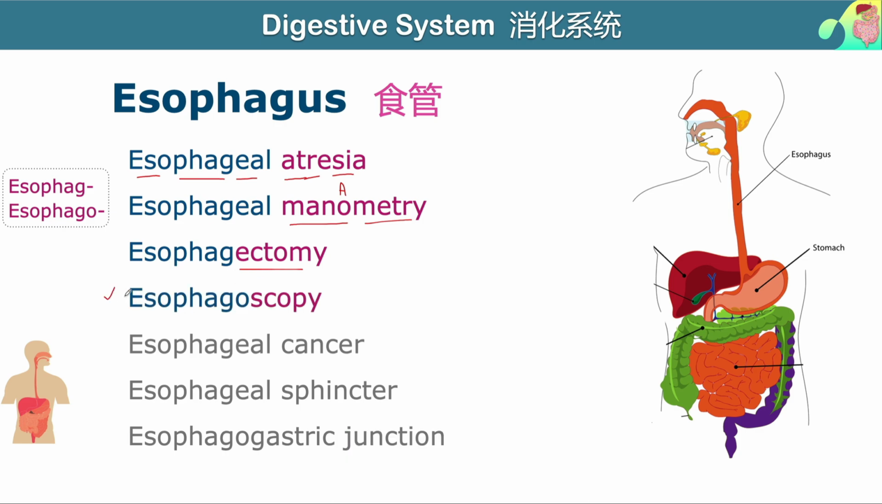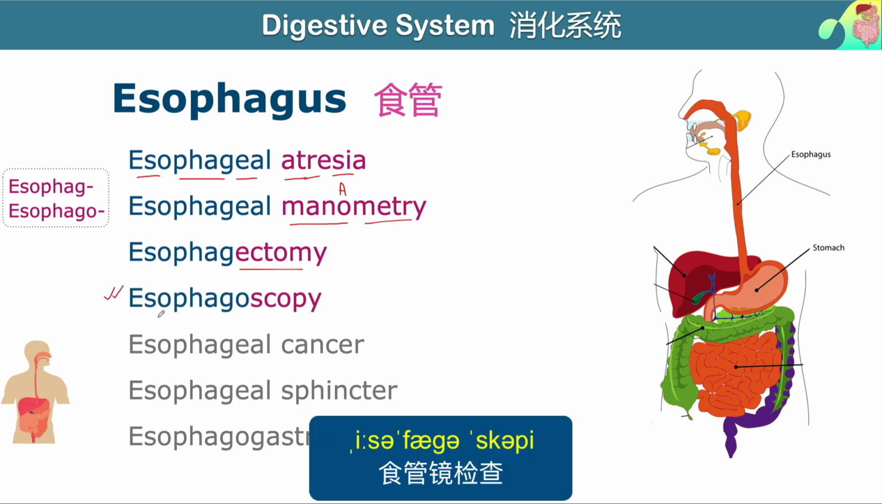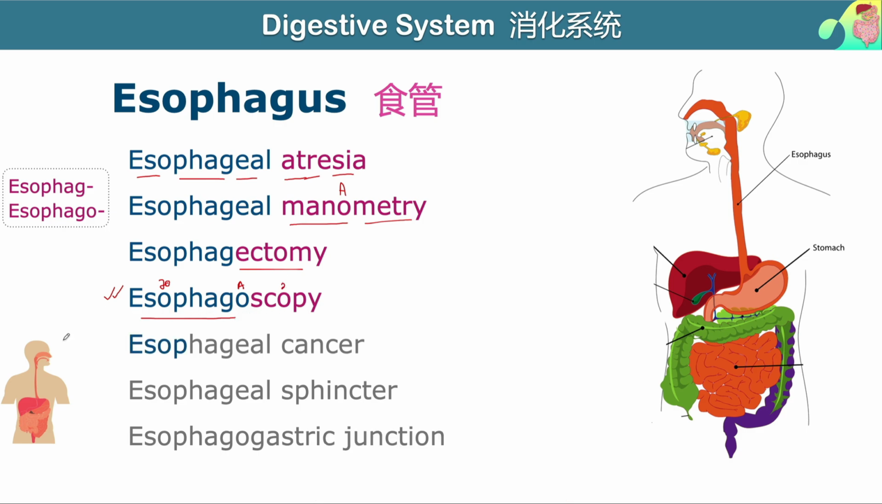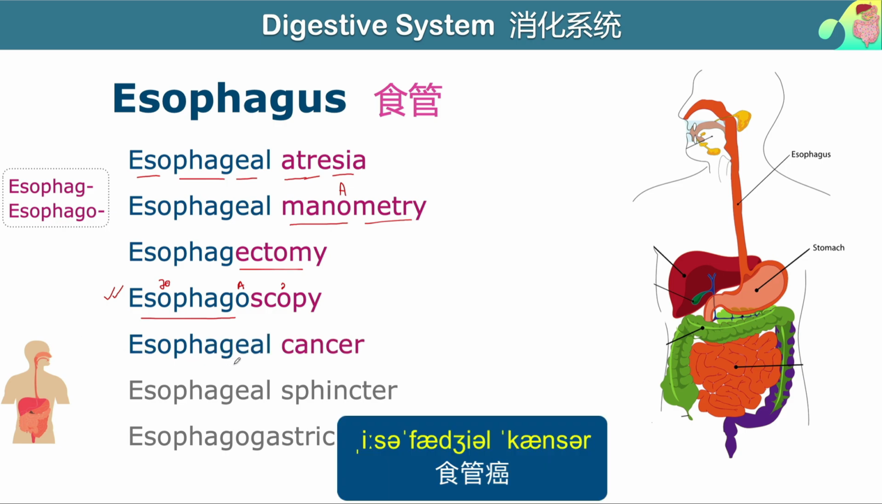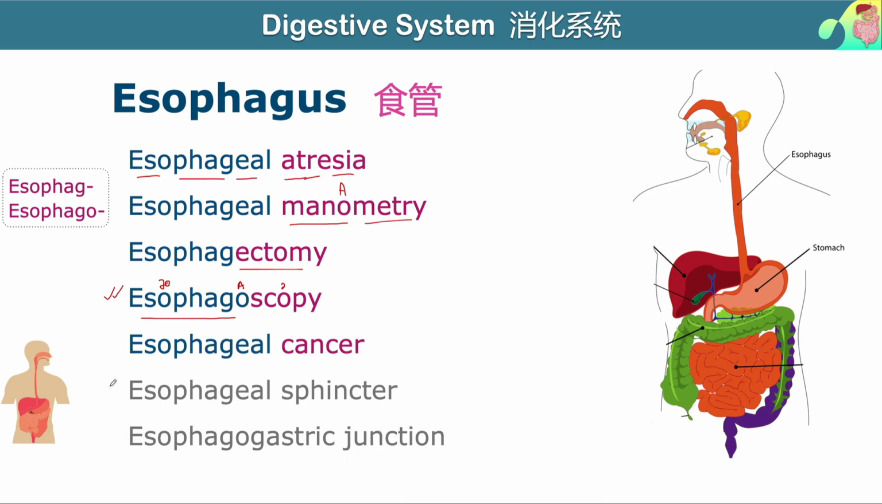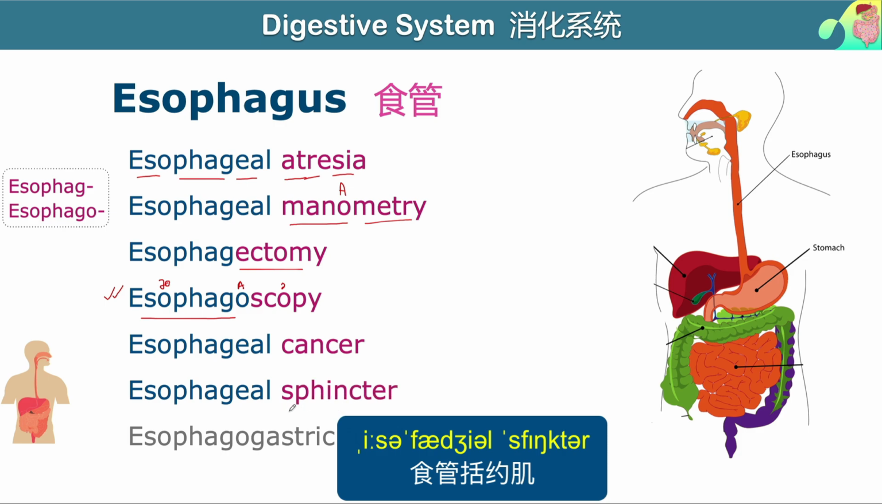So here you can see this one, the sound is a little bit changed. We're going to call it esophagoscopy, esophagoscopy, esophago. This sounds like the O sound changed to scopy. This sound changed like a small a, okay? Esophagoscopy. And this one is esophageal cancer, esophageal sphincter,